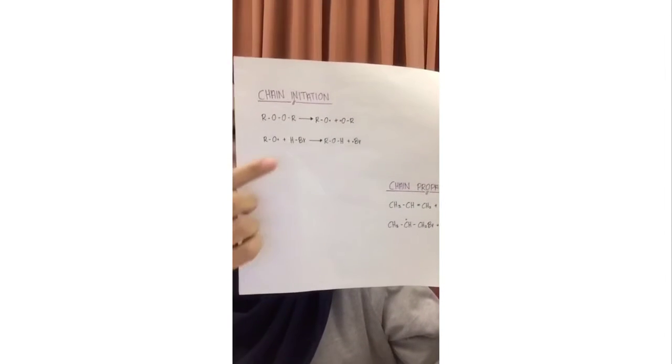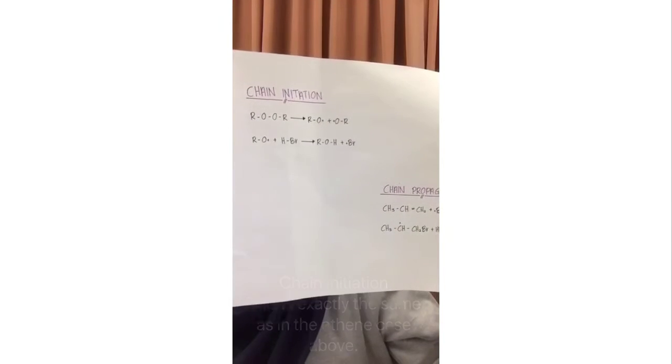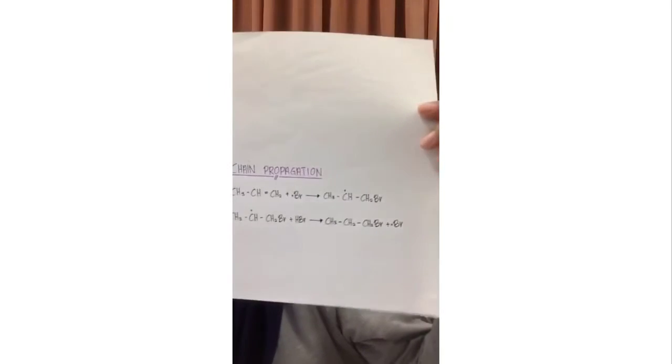So let's look at the free radical mechanism. The first one is chain initiation. This is exactly the same as the ethene case above. And for the chain